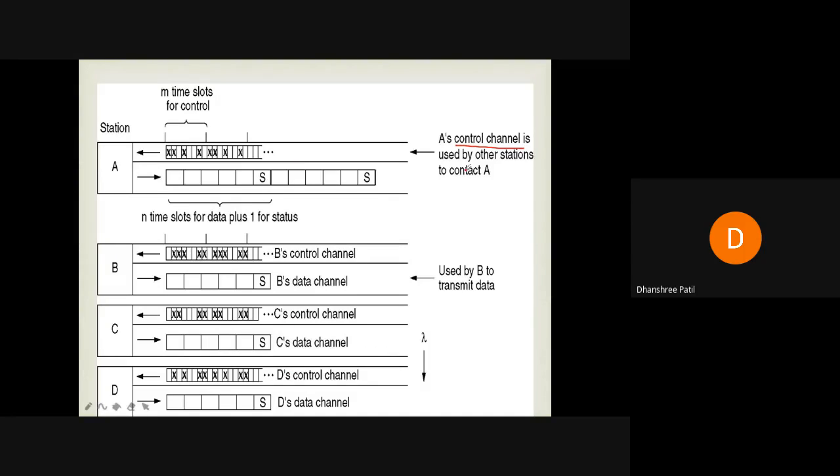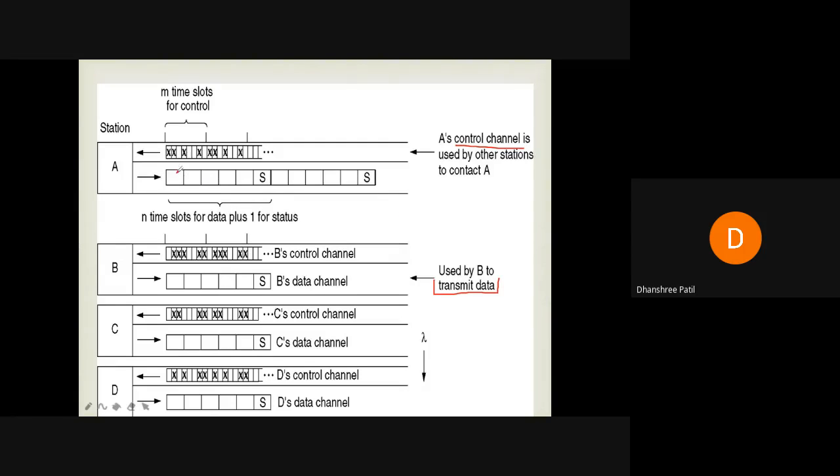And the second is used for transmission of the data. Okay, so this channel is used for A's data, B's data, C's data and D's data. So every station will have two channels, one for control and second for the actual transmission of the data. This control channel is divided into certain time slots, and the